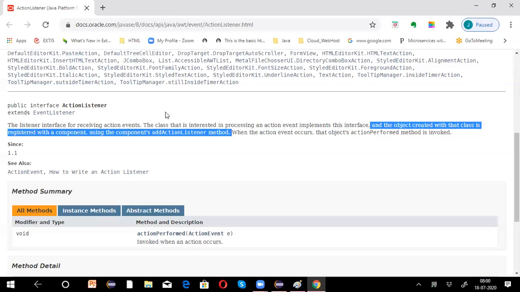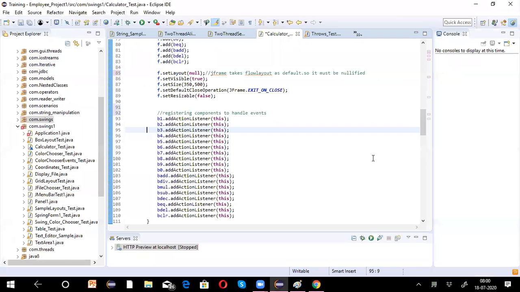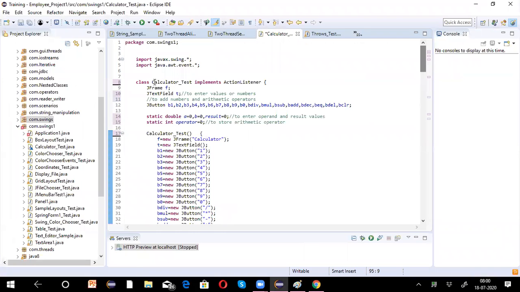So here, whenever the listener interface is used in order to handle the events, whose responsibility is it? It is the responsibility of the class that implements this interface. Now who is implementing this? CalculatorTest is implementing the interface, isn't it?